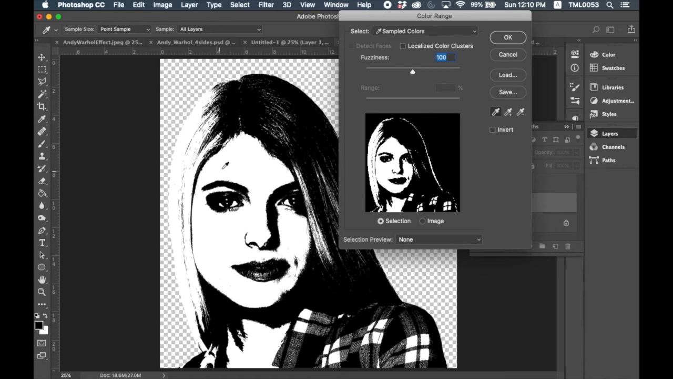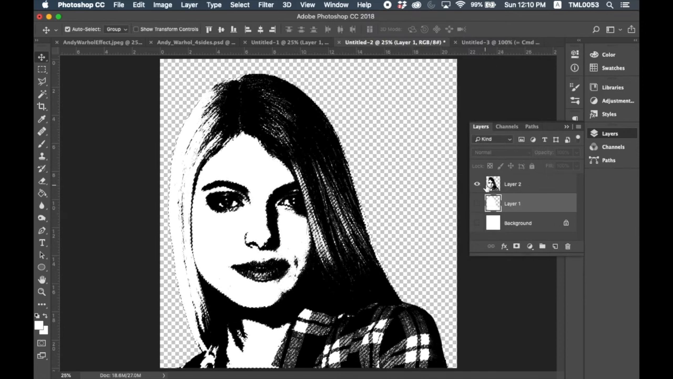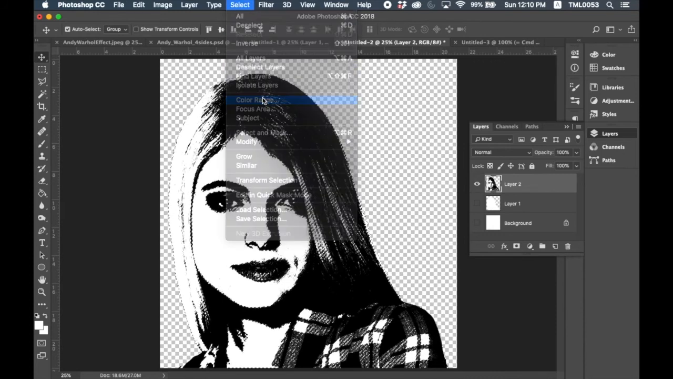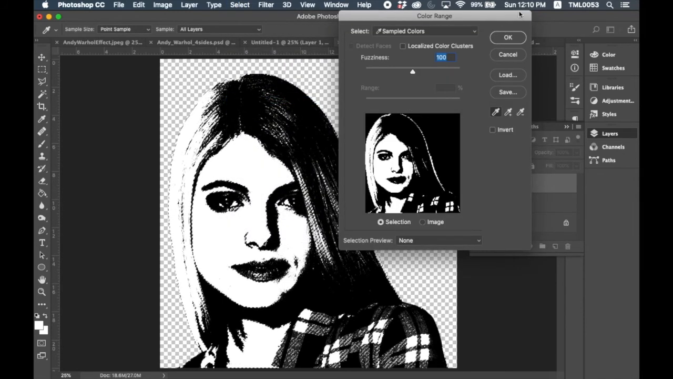All right. So this is the cool thing. So if I click on this white color here, then fuzziness, you just set it to about 100, and then click OK. All right. So right now what it's doing is it's selecting the white color pixel. So what I need to do now is make sure you're on layer 2, when you are doing the color range. So make sure layer 2, go to select, color range, then click on white color,